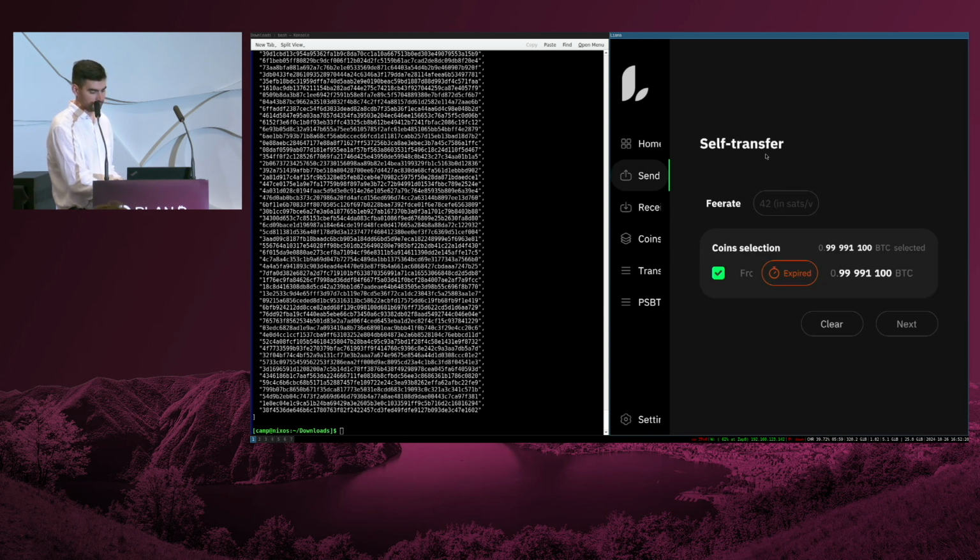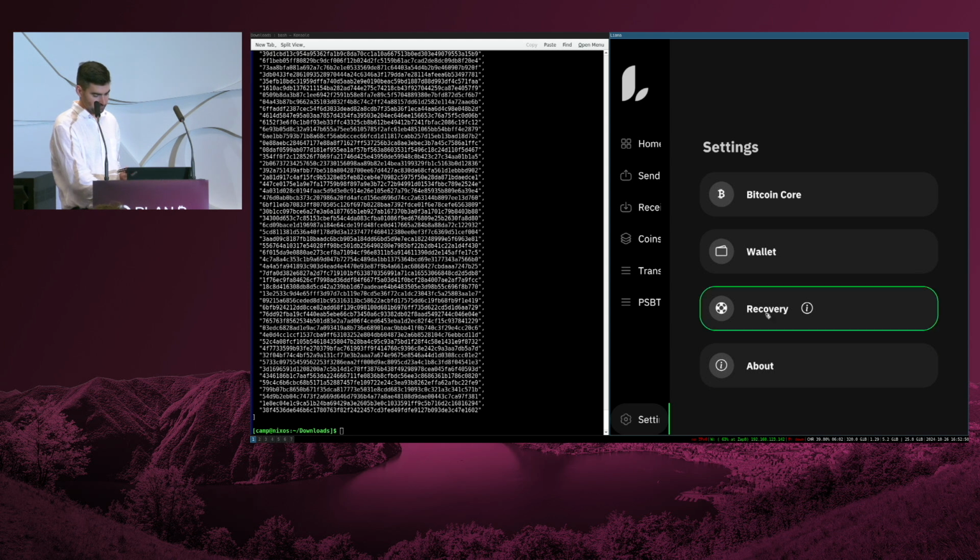So if you do the self-transfer, and this is what we have mentioned before, either you do a self-transfer or you send your money to a different address, but the purpose is to reset your time lock. If you do this, it will lock again under 1000 blocks and under 2000 blocks.